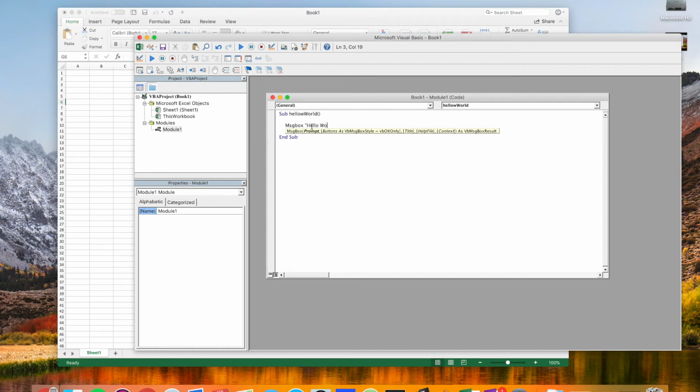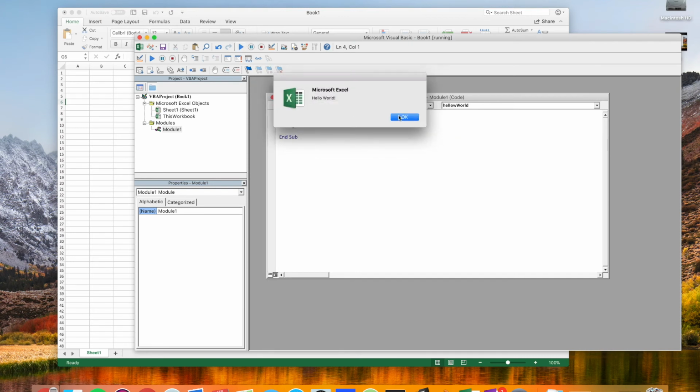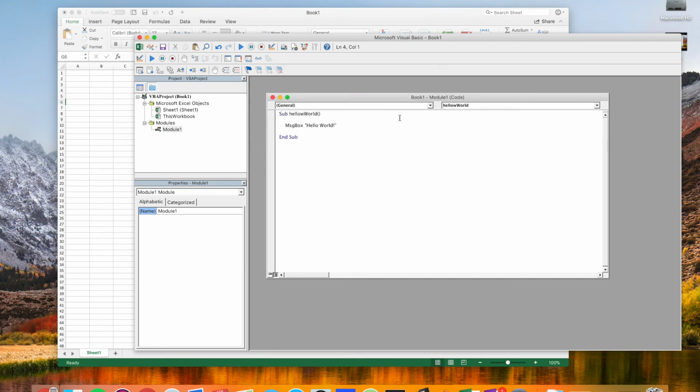We'll just type in hello world, and as long as our cursor is somewhere between the sub here, we can hit play and see our message right there. We'll close that out. And we've just seen how easy it can be to open the editor and run a